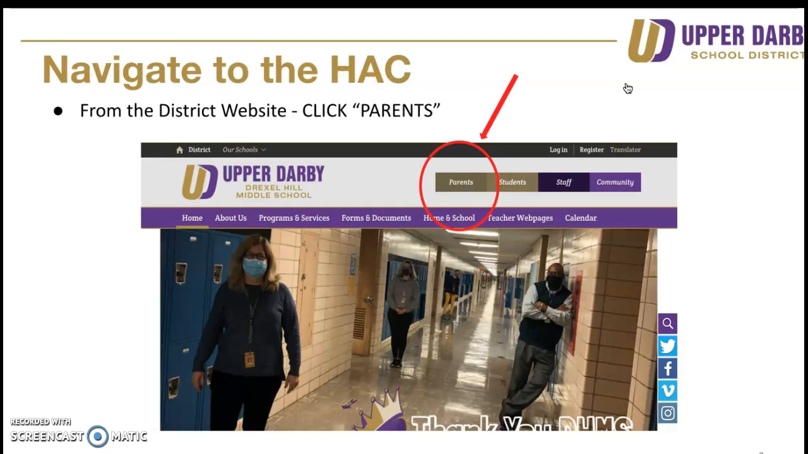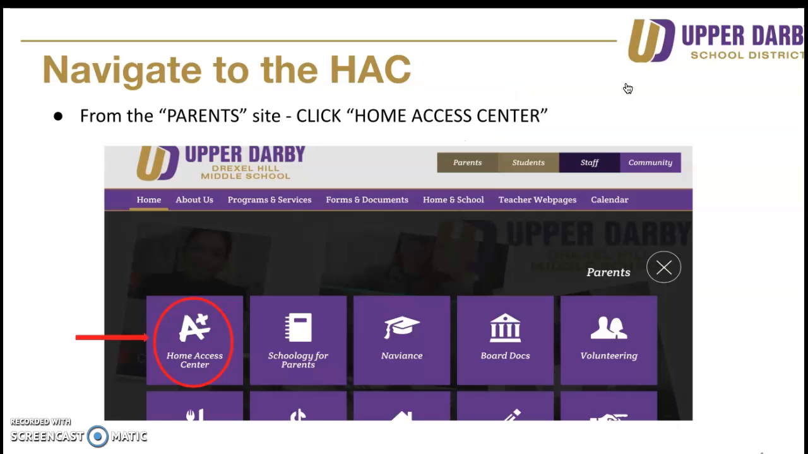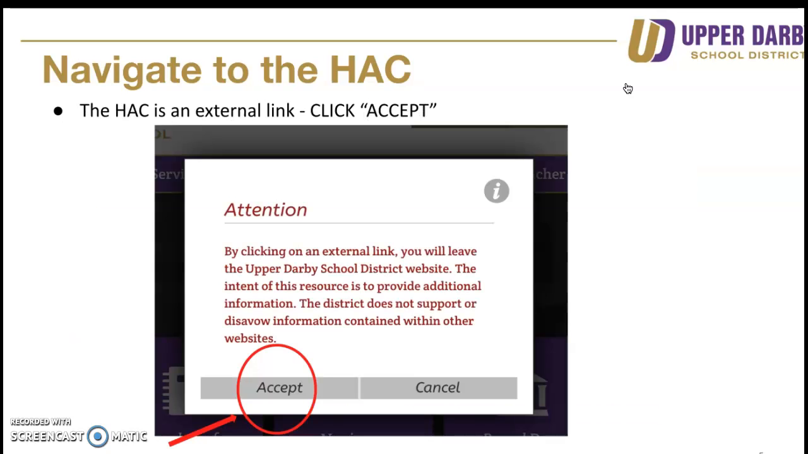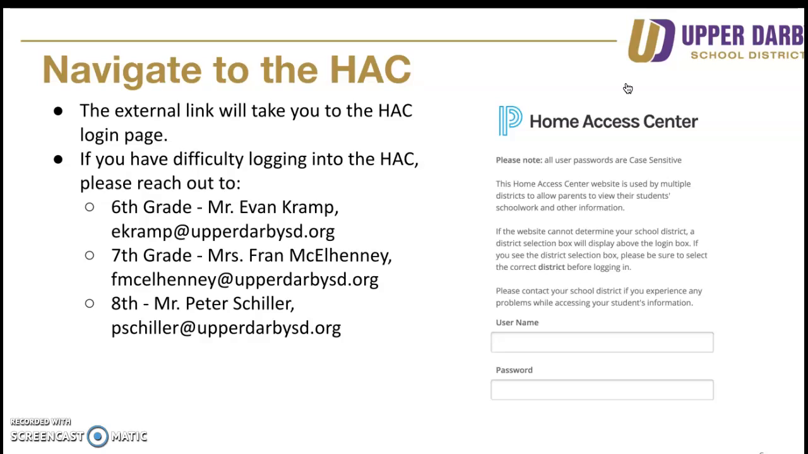To navigate to the Home Access Center, start at our district webpage. In the upper right-hand corner, I want you to click on the link for parents. The district website menu for parents will take you to several options, the first of which is the Home Access Center. Please click this option. Clicking the option for the Home Access Center brings you a pop-up. The Home Access Center is fed by eSchool, but it is an external link to the website. It is safe to accept this, so click on Accept, and that will take you to the Home Access Center